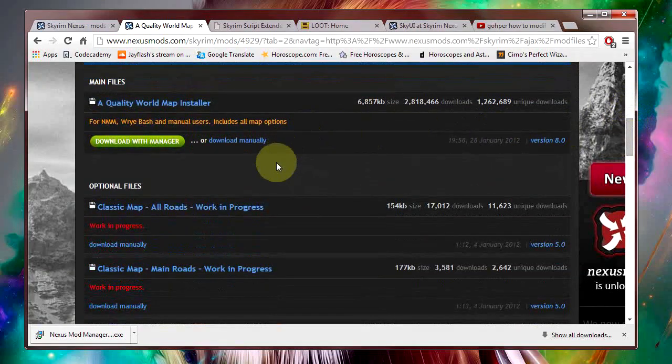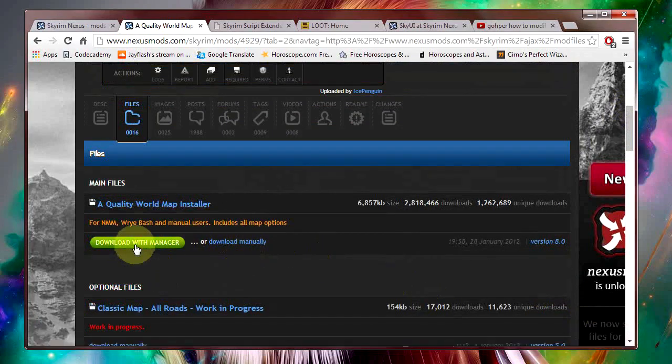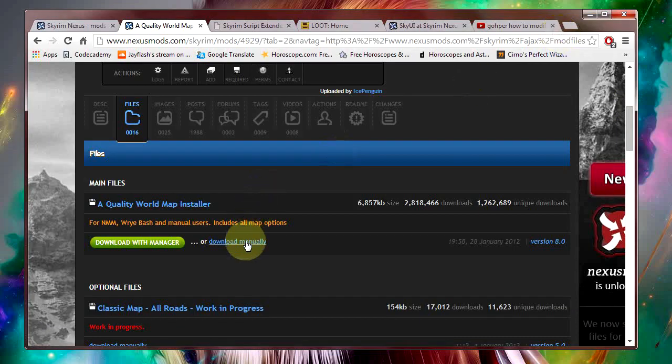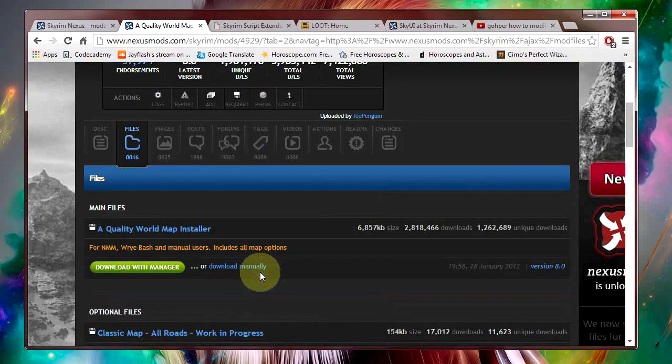and you'll see here it says Download with Manager or Download manually. Now this is nice because it gives you two options. One, you can start downloading it with the manager, with the actual program, and it'll save it to wherever the file location is, or you can download it manually and it'll download it I think as a zip, and then you can upload it into your manager really easily that way. So using this mod manager is really nice and clean and helpful, and so yeah, now we'll move on to